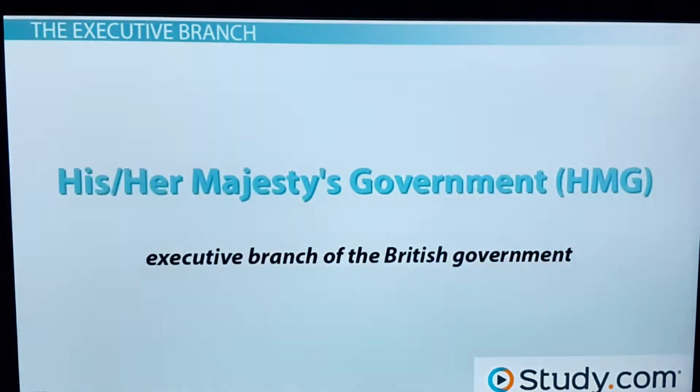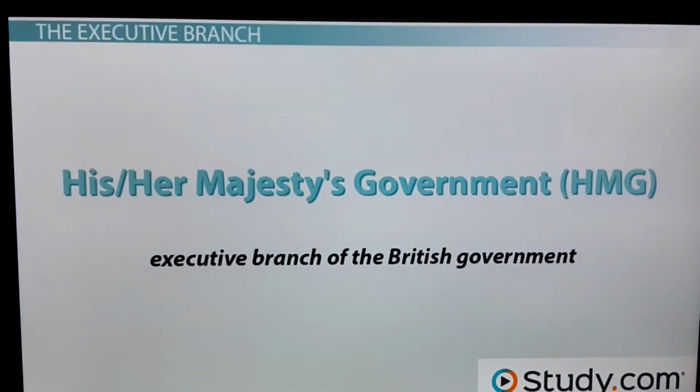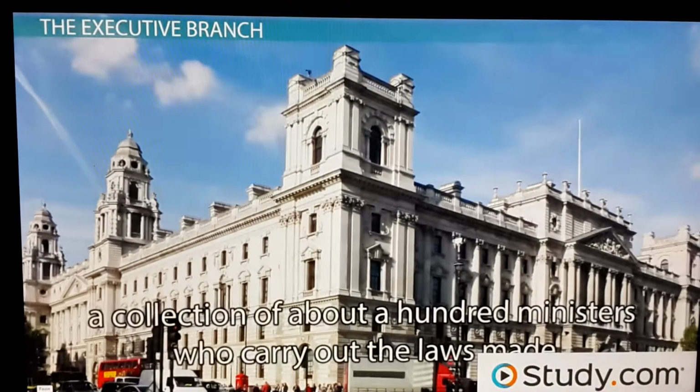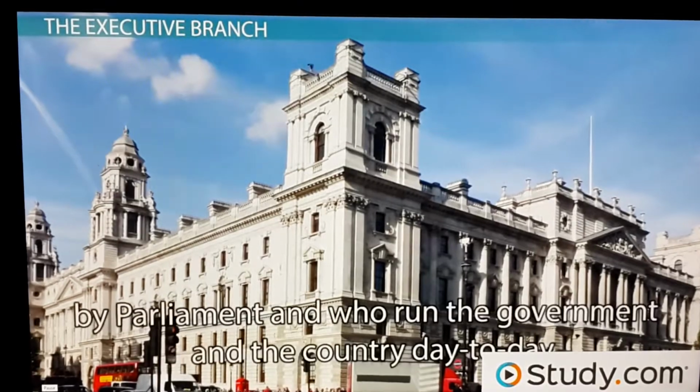The executive branch of the British government is commonly known as His/Her Majesty's Government, HMG. It is made up of a collection of about 100 ministers who carry out the laws made by Parliament and run